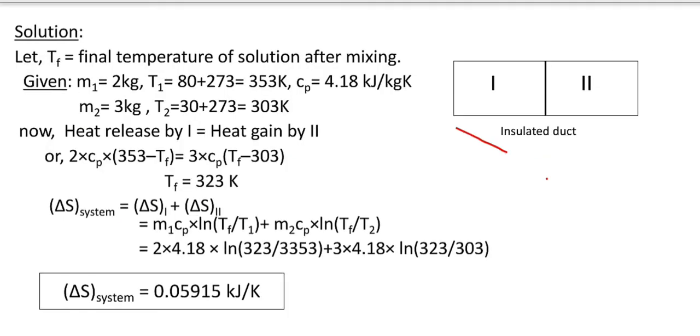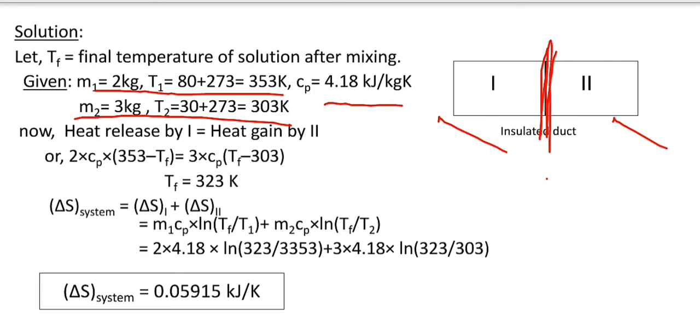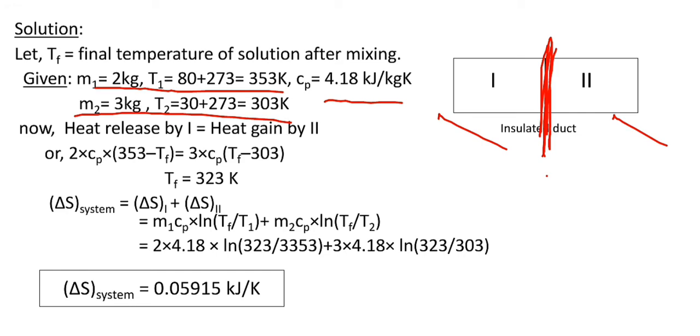Suppose this is system first and this is system second. Mass and temperature of system first and system second are given here, and the specific heat of water is also given. When we remove this layer, then system 1 and system 2 get mixed with each other, and after some point equilibrium takes place. Since this process is adiabatic as given in the question, the heat lost by system first will be gained by system second, and by using this concept we will calculate the final equilibrium temperature of the system.